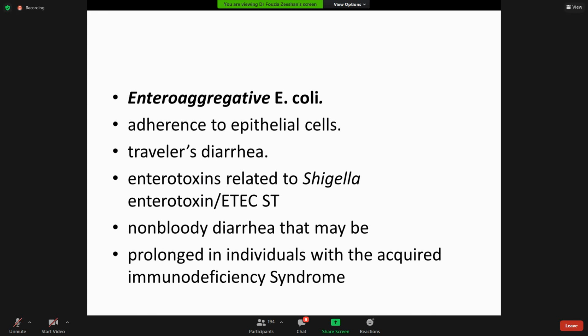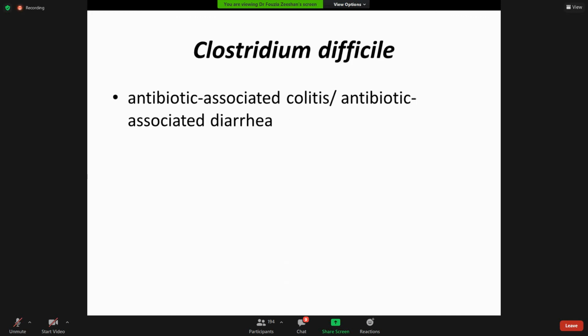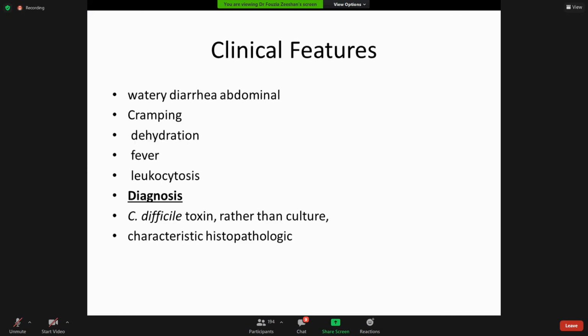It is a non-bloody diarrhea, and it is more prolonged in individuals with HIV infection. Clostridium difficile is associated with antibiotics, and the symptoms are almost the same. Very few changes are found, but it is more associated with leukocytosis. The clinical picture and lab diagnosis associated with Clostridium difficile include cramping, dehydration, fever, and